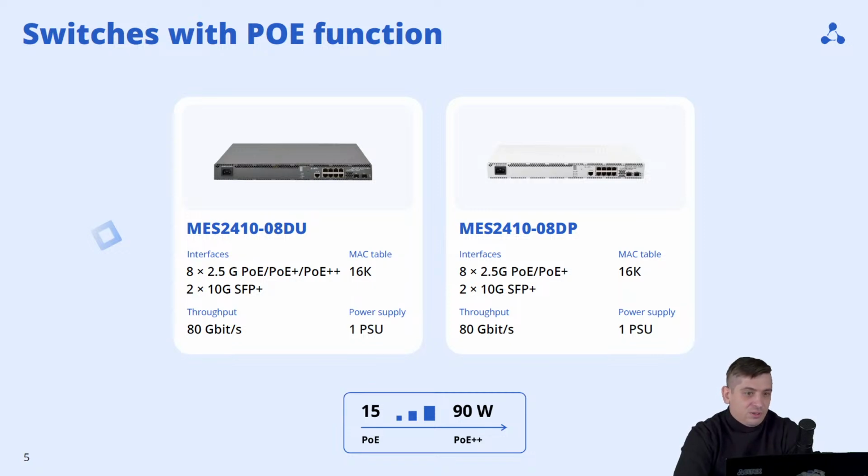Then our brand new solution for aggregation or maybe access, so-called multi-gigabit switches. MES 2410 or 8 DU and MES 2410 or 8 DP are those switches. As you noticed, these switches are capable of 2.5 gigabit PoE, PoE plus, and even PoE++ interfaces. The MES 2410 or 8 DU is capable of all the mentioned types of PoE supply,